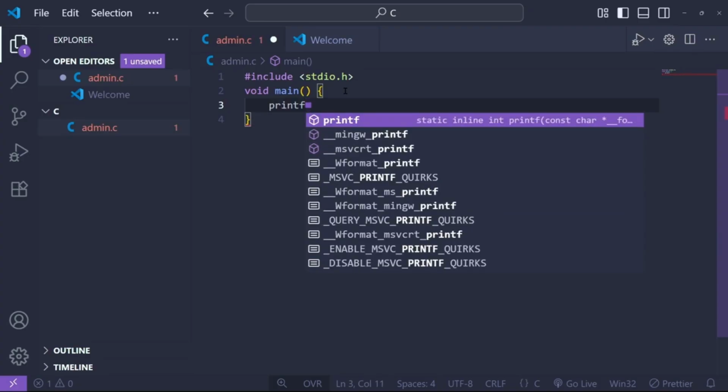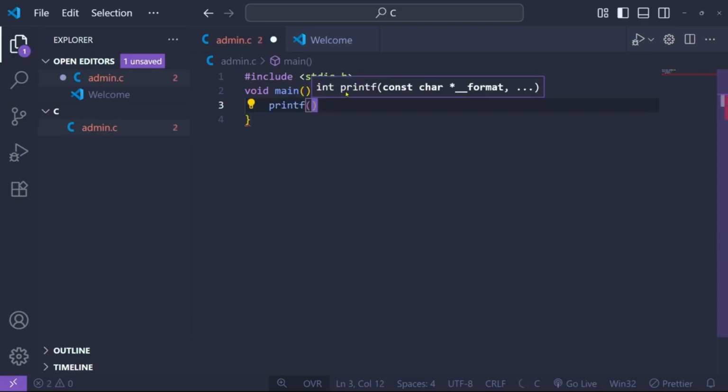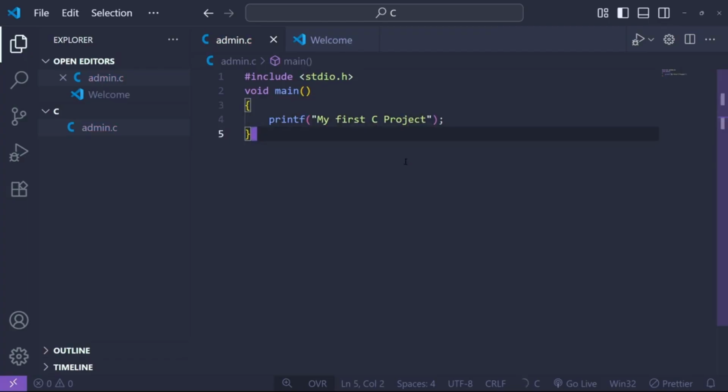Going to give the first bracket. Into the first bracket, we can simply type the quotation marks. Into the quotation marks, we can simply type: my first C project. So now everything is all right, and now we're going to save everything,